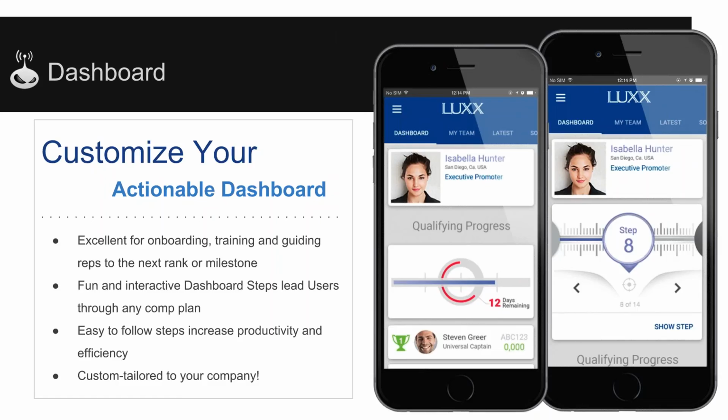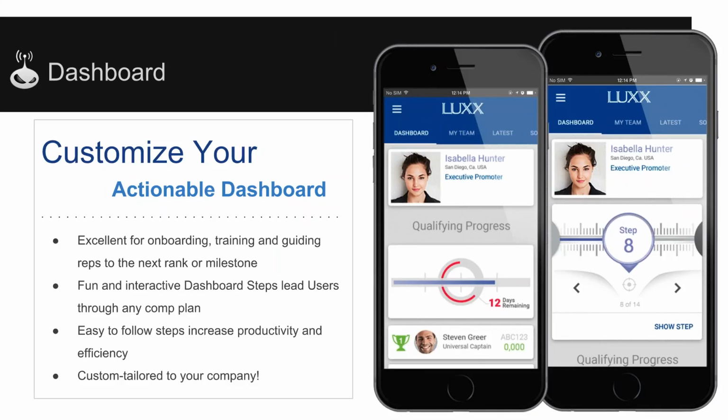As a leader, you're also going to be able to see where somebody in your downline is on their dashboard steps by going to their dashboard. One item that you will have is called action reports, and that's where you are able to access all of the people within your organization and see their dashboard, so you can see what their numbers are. You can see what their personal volume is, what their group volume is, what their particular leg makeup happens to be. So if they've got 6 legs and